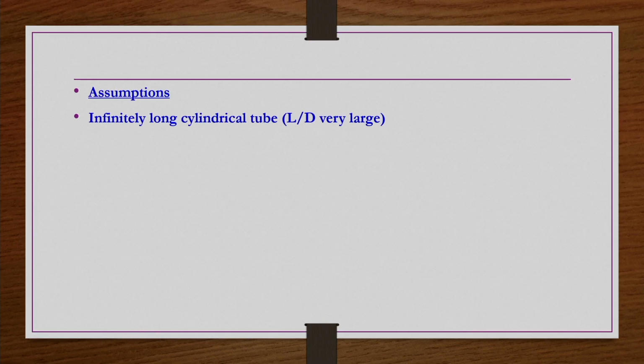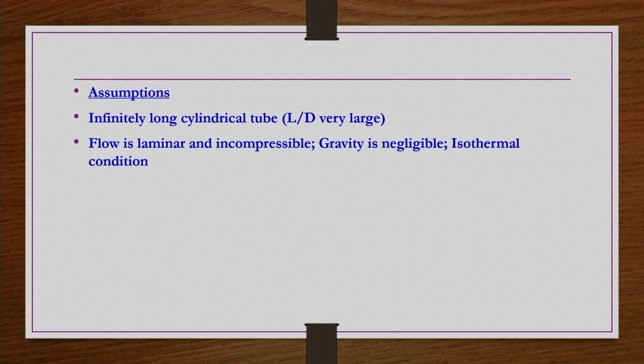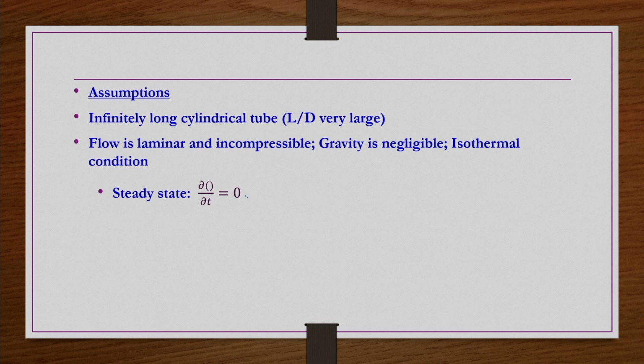The cylinder is infinitely long, that is L by D is very large, the flow is laminar and incompressible, gravity we are not considering, isothermal conditions, and steady state. So, dou by dou t of anything is 0, and symmetric in the theta direction. So, dou by dou theta of anything is 0,